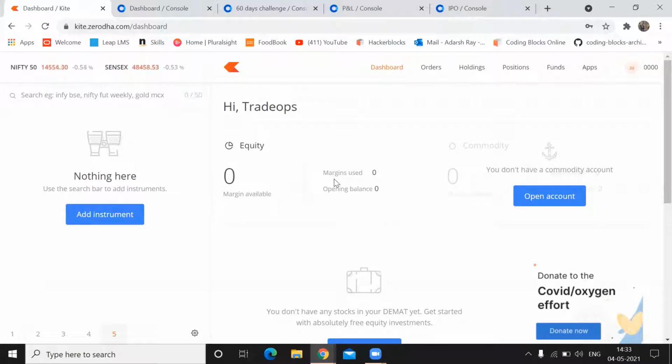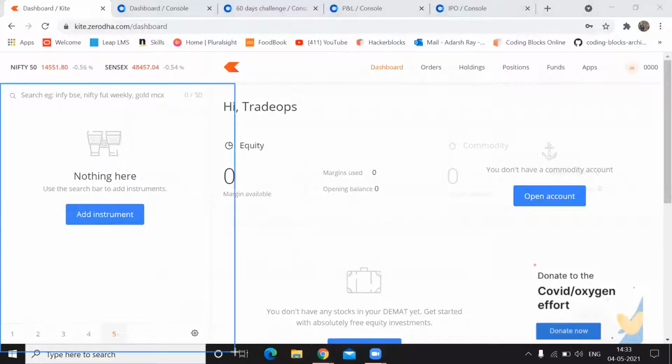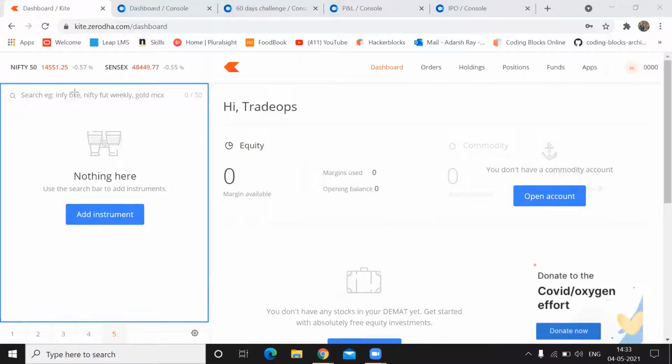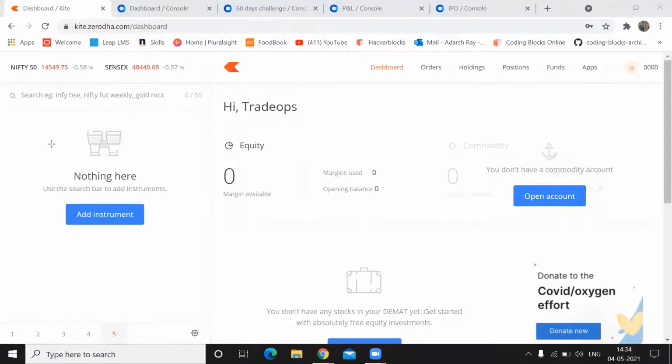Once you are redirected here, you can see that this section is the watchlist section. So you keep track of all your holdings and all your stocks, whichever you have on your watchlist, be it from your holding stocks or whatever. Out here you can add as many as 250 stocks, 50 in every watchlist. So there are a total of 5 watchlists, so 50 times 5. You can use this to save up to 250 stocks at a time.